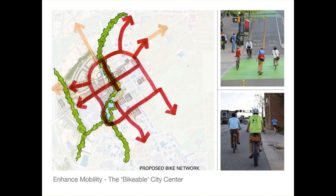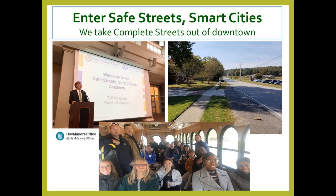Smart Growth America was helpful with that and brought us a Complete Streets workshop in 2016 that helped some of our pilot projects get off the ground. And so enter Smart Growth America again in 2018 with the Safe Streets Smart Cities Academy. This brought our Complete Streets out of downtown. This is everybody on our trolley heading out of downtown. We had the workshop. There's our mayor talking about it in downtown, and then we brought everybody out of downtown into this picture that you can see in the upper right-hand corner is a very